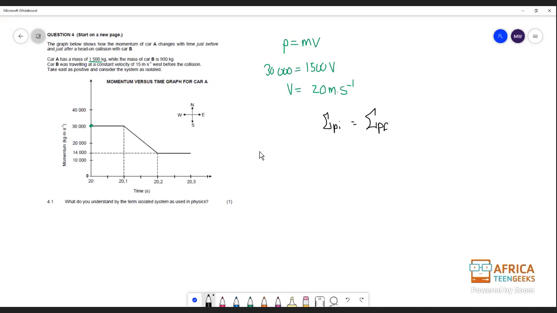So we have car A initial plus car B initial is equal to